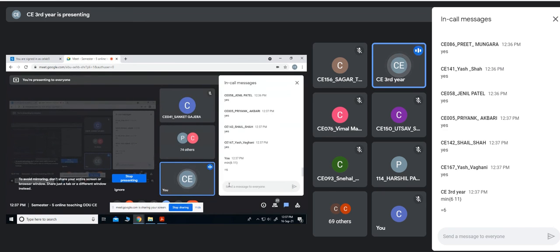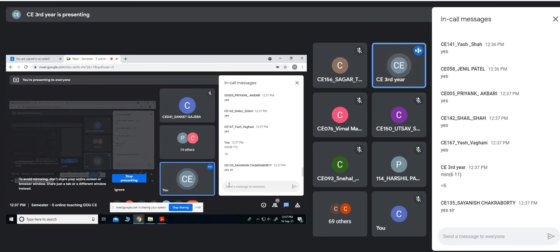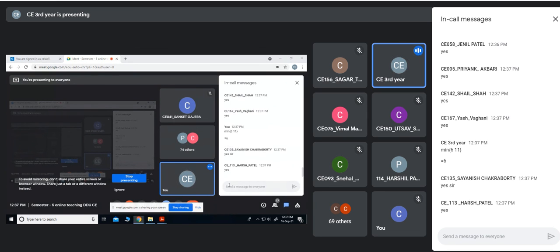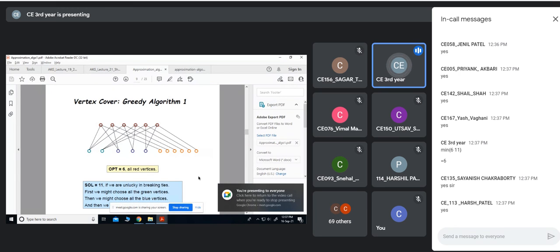6 is the size of the first set, and 11 is the size of the second set. The minimum of that would be 6, right? So that would be my optimal answer, because if I take these vertices, it would cover every edge, since every edge is incident with them. So optimal is this. But if you apply a greedy algorithm, sometimes, if you are unlucky,